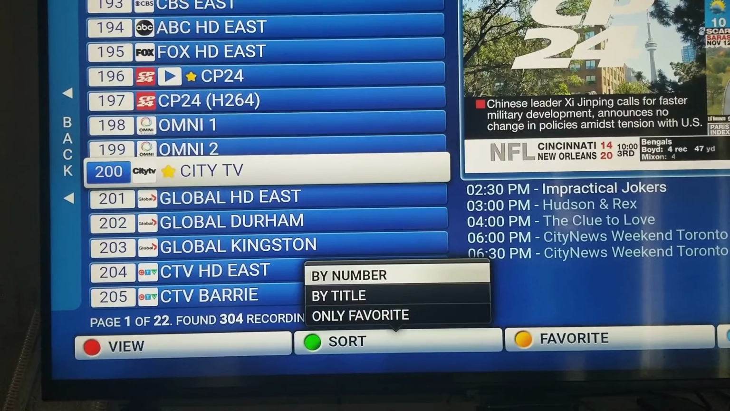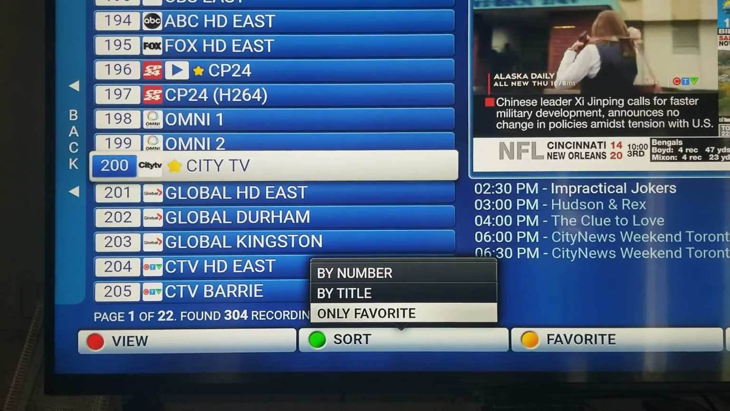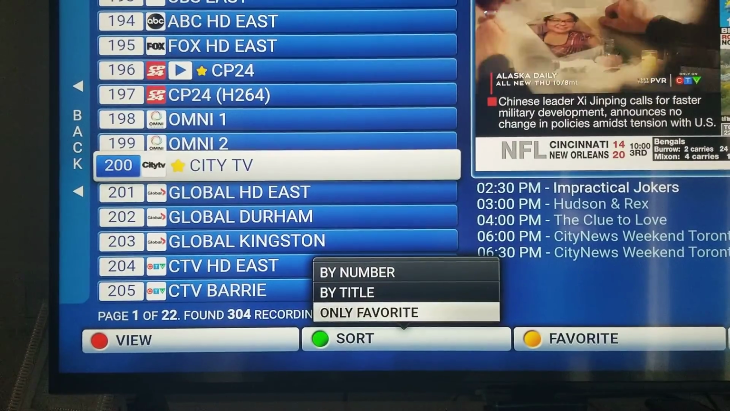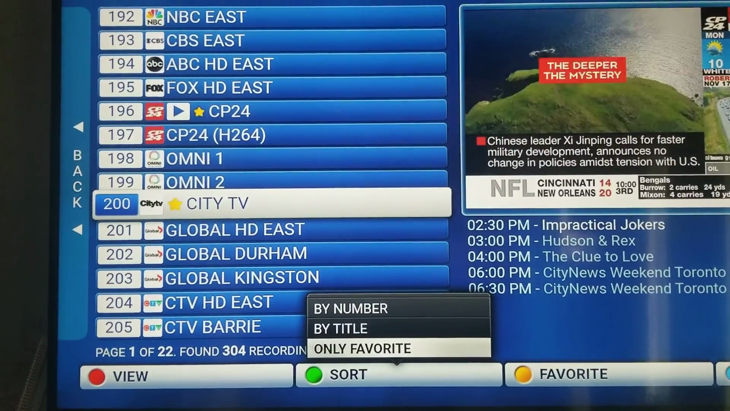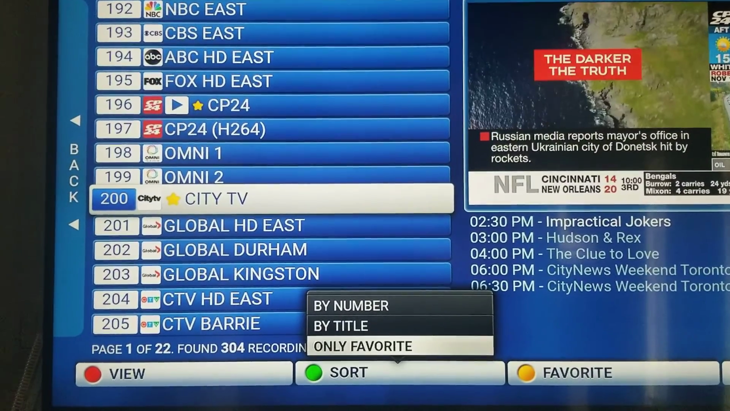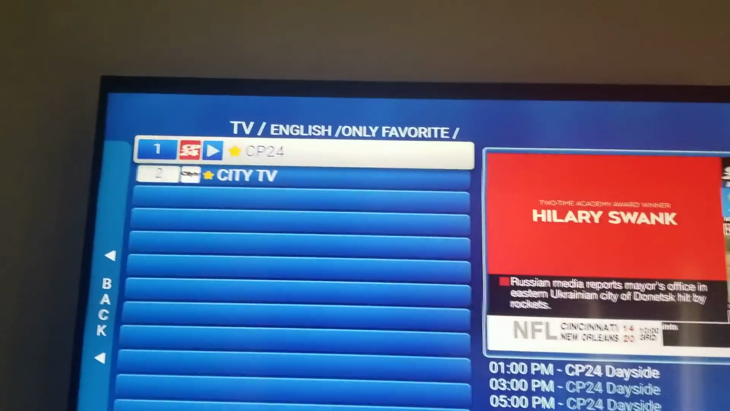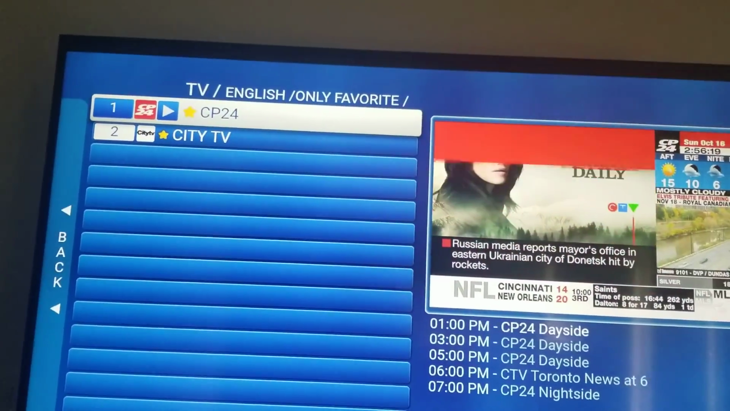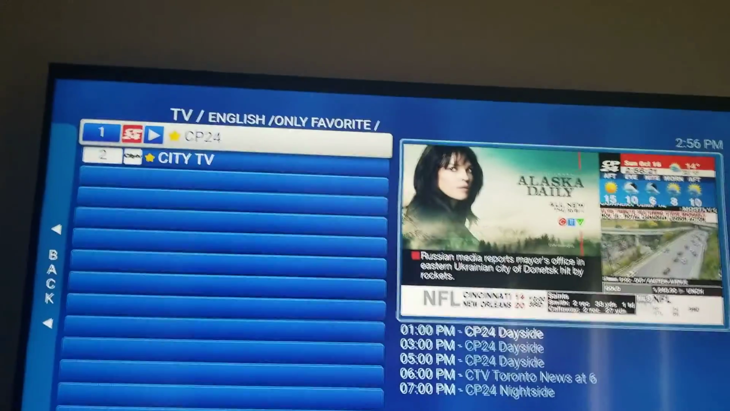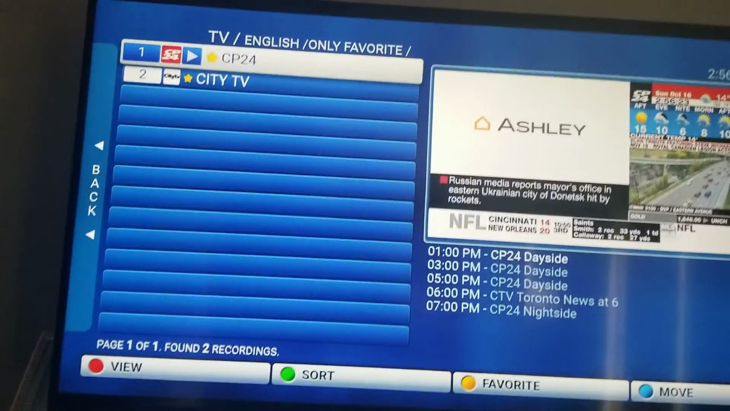It goes back to the button mode. Then you go down, click the down arrow key and select only by favorite. Then you click OK. Once you do that, bravo, there you go. You have all your favorites. Once you do this, folks,